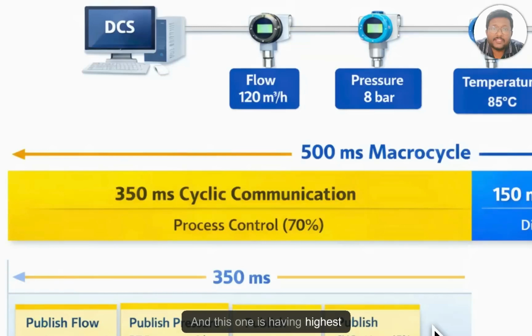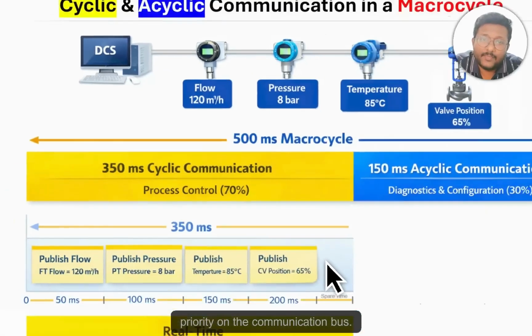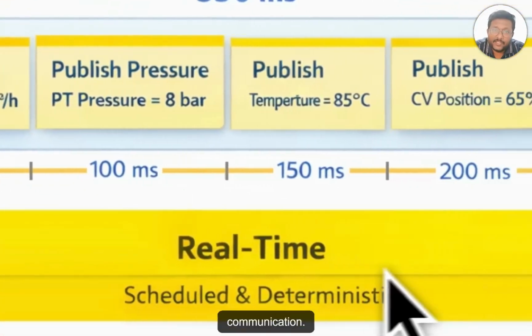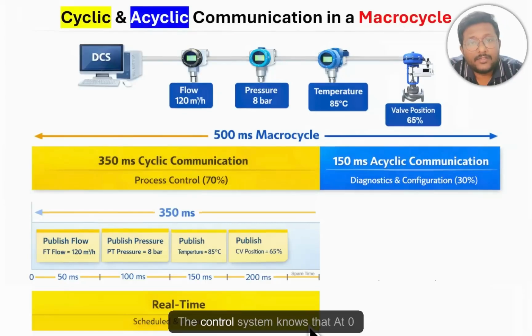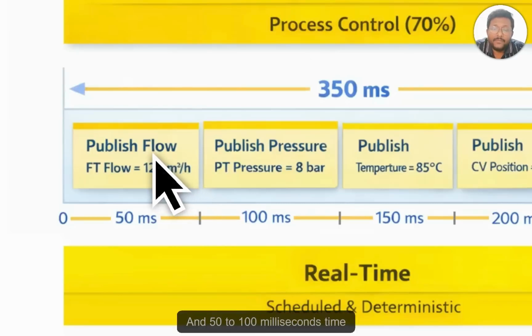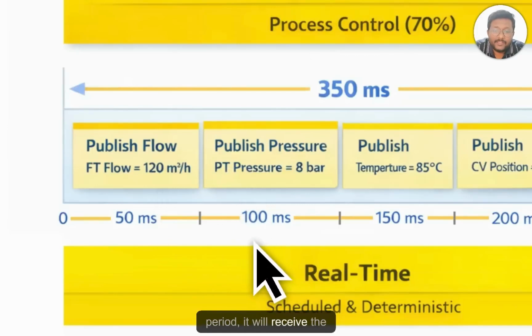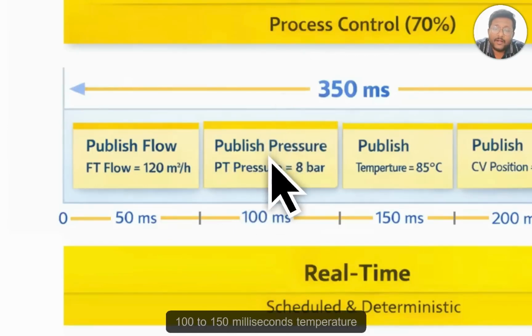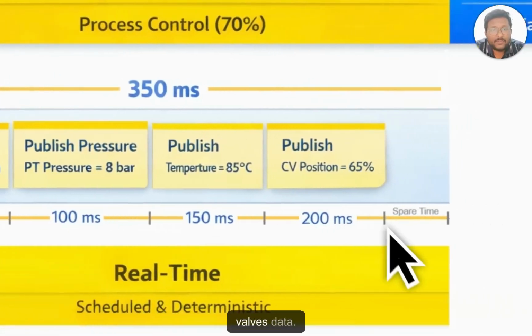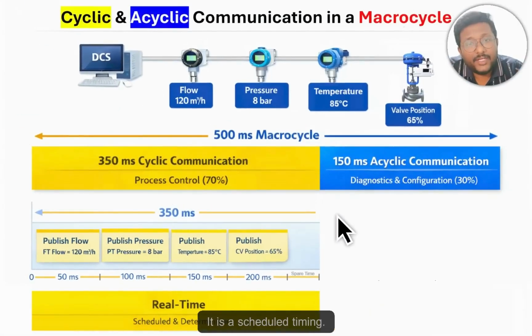And this one is having highest priority on the communication bus. If you see here, this is called scheduled and deterministic communication. The control system knows that at 0 to 50 milliseconds, it will receive flow transmitter data, and in the 50 to 100 milliseconds time period, it will receive the pressure transmitter data, 100 to 150 milliseconds temperature transmitter, 150 to 200 milliseconds control valves data. It is a scheduled timing, and the control system 100% knows that in this time slot, I